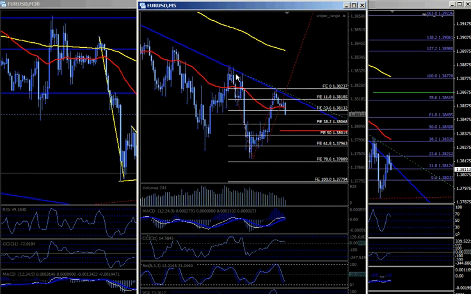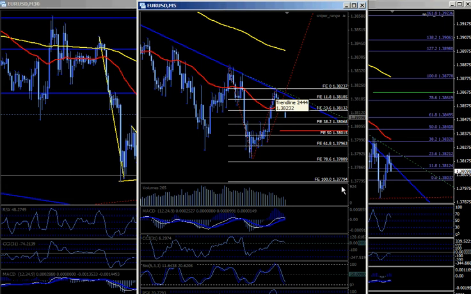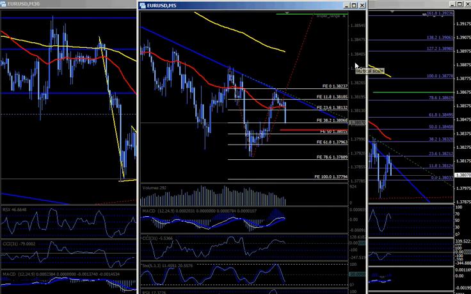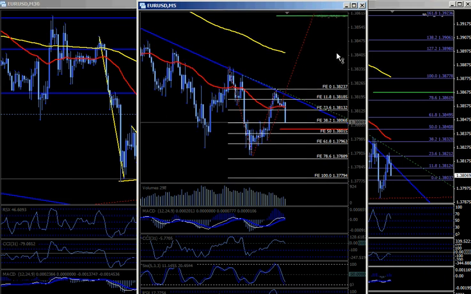Perfect example of a short in the right process. Any level in here would have been good, even up here. A lot of times you can't get it right there, but the target on this 5-minute is 37.79. Whether it makes it there or not, as a matter of fact, it's about time to, I'm going to get this up here to take half a position off,